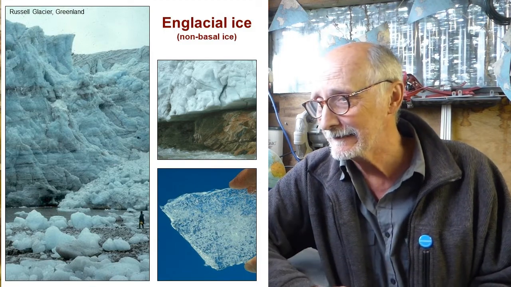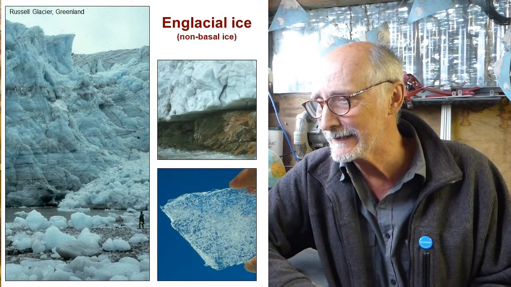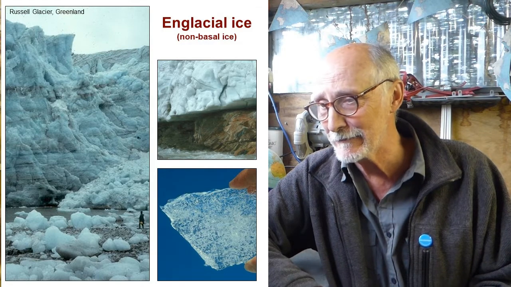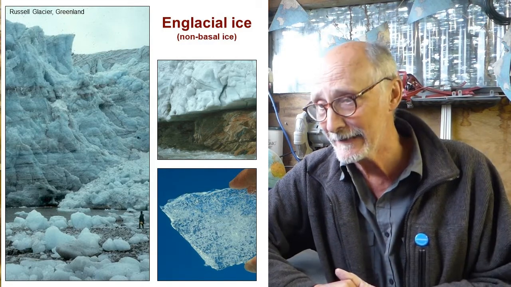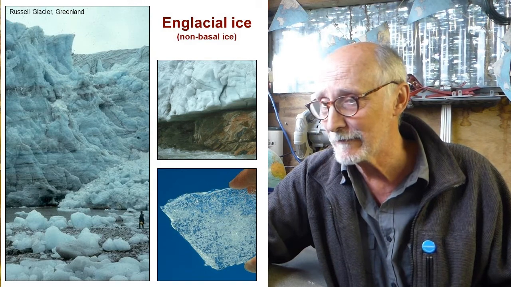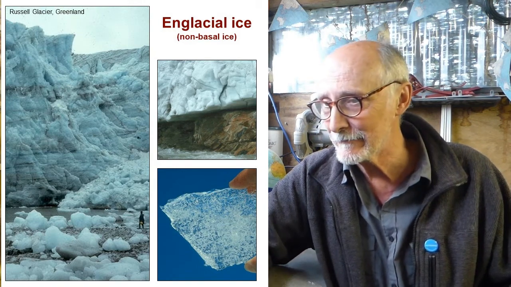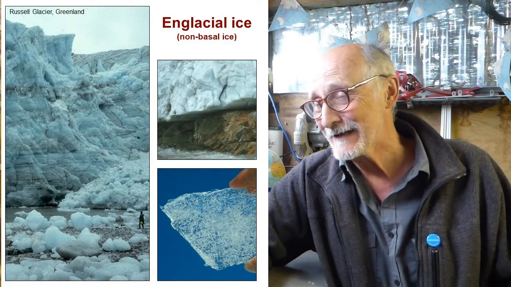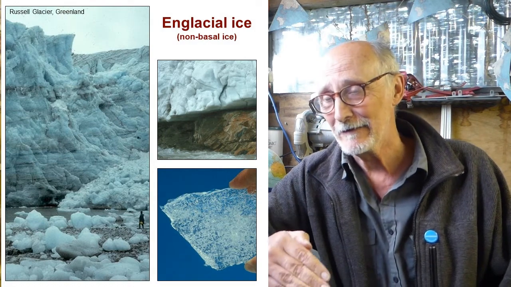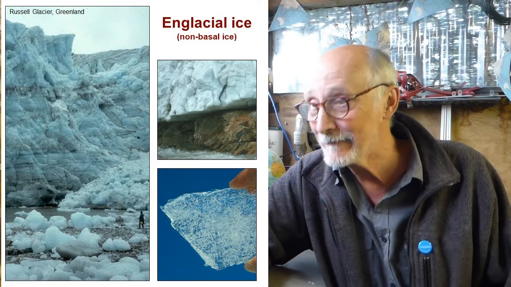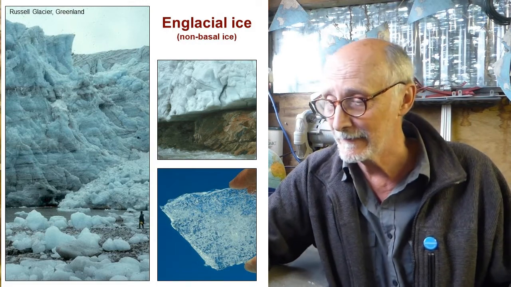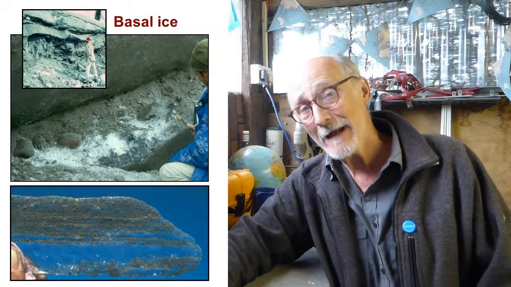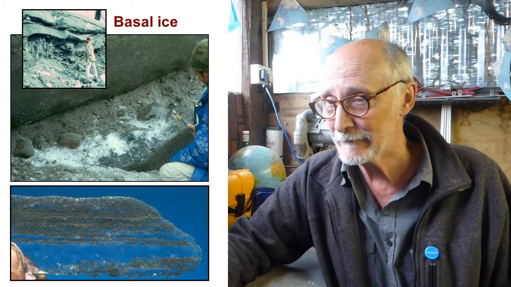And in these pictures taken from the Russell Glacier in Greenland, in the bottom right hand side you can see a little bit of ice that I've chipped out of the glacier, and you can see it's bubbly, but it doesn't have much debris in it. And all the way through the thickness of the glacier at this particular location, there's clean ice right the way to the bed. In the top right hand picture there, it's a fairly unusual situation really, to have clean englacial glacier ice going all the way down to the glacier bed, and there's no evidence of any basal ice in those pictures. But in many situations, glaciers do have a basal ice layer, and these photos illustrate what that's